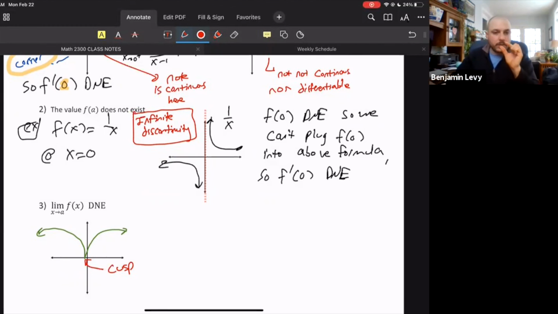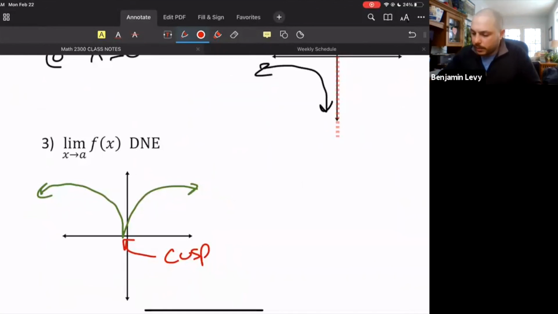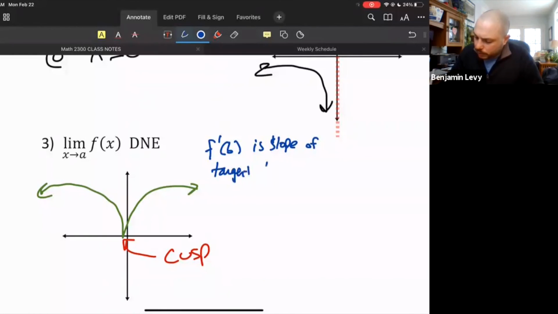And so if we think about the derivative as being the slope of the tangent line, let's remind ourselves: f prime of b is the slope of the tangent line, right? Let's draw a couple tangent lines on this thing as we get close to the cusp. So the tangent line right here, let's just pretend that has a slope of, I don't know, -1 or something, right? It's negative, it's going down. As we get closer to 0, notice that the slope of this thing gets almost vertical. Like this is basically a vertical line